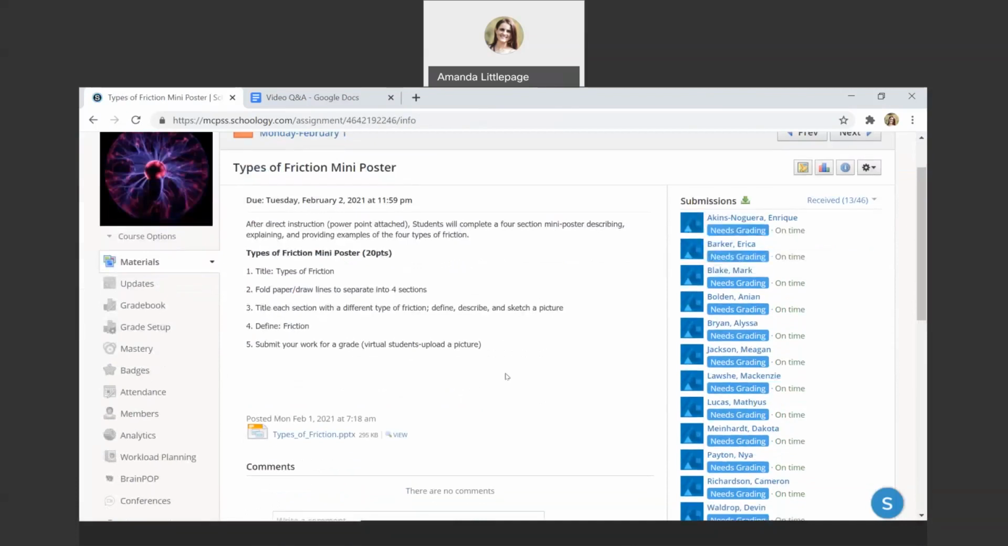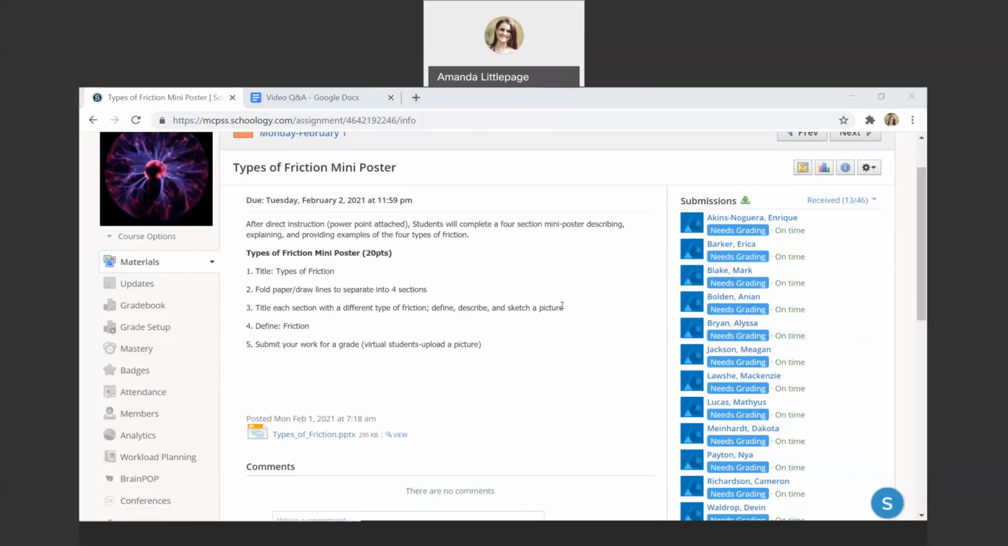So you will take a sheet of paper folded into 4 sections, and you're going to title it with the 4 types, and those are sliding friction, rolling friction, fluid friction, and static friction. And then you're going to describe each of those and provide me with an example. You're going to submit your grade in a picture format. As in, you're going to take an image with your laptop of your work and you're going to upload,